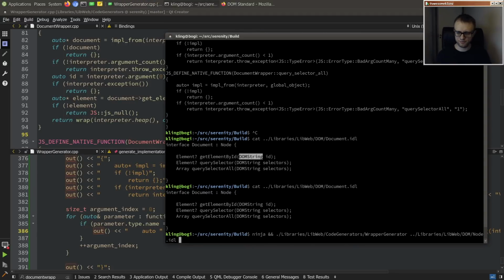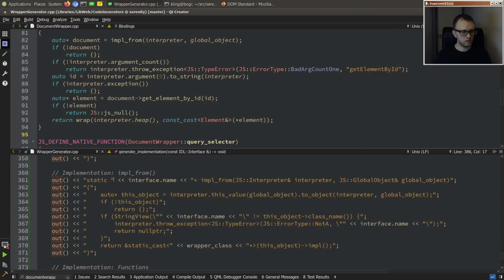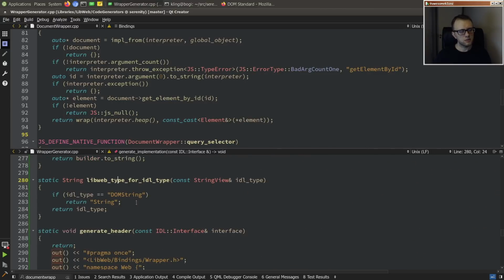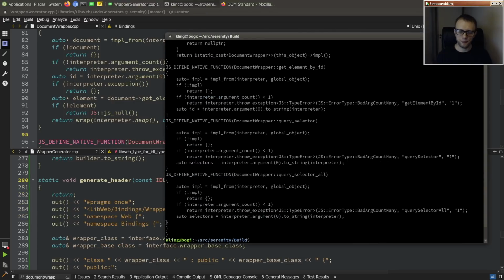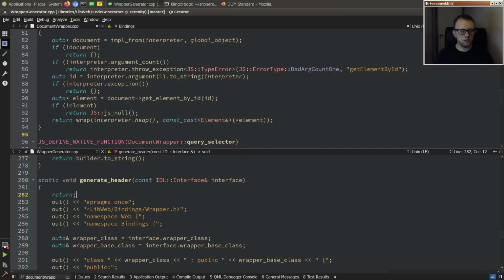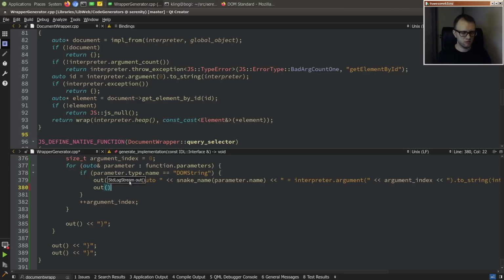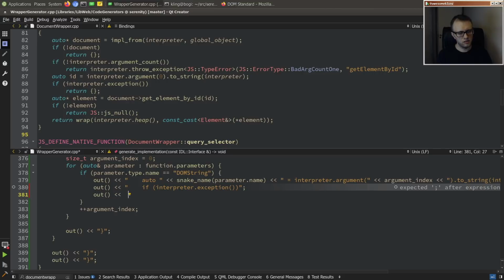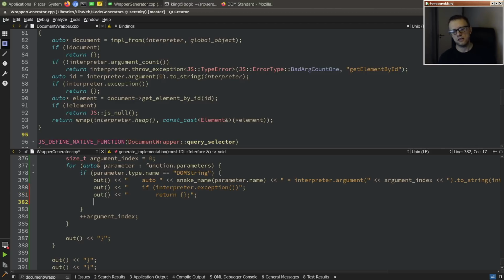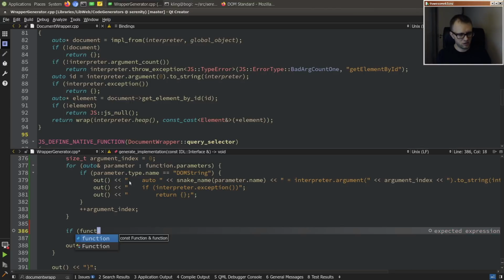Okay, so how would this look like? Oh, we're not using that thing. Oh yeah, maybe we don't even need it because we have auto. Okay. Yeah, so this looks pretty good. And then we need to do an exception check to see if we threw an exception in JavaScript while converting it to a string. So if interpreter has an exception, then just forget about everything we were doing and leave, because we can't make progress if there are exceptions. Okay, and then after we have pumped out all of the arguments like this, we need to make the actual function call. So if the function return type is void,